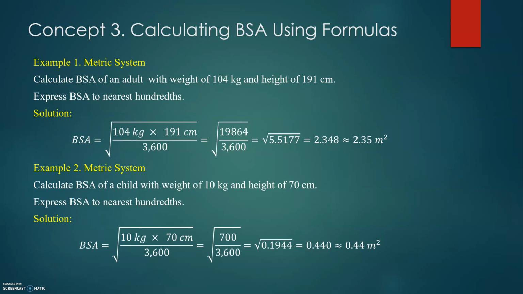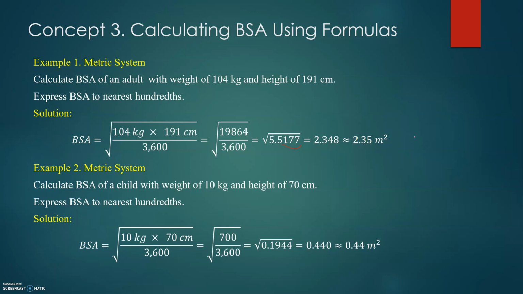Example. For the metric system, calculate BSA for the adult weighing 104 kg and height 191 centimeters. Express BSA to the nearest hundreds. So we will plug in the formula 104 kilograms times 191 centimeters divided by 3600 and extract the square root. Even if you need to round a little, make sure that you don't round to the 10th or hundreds. Try to cut your number, but keep decent number of decimal places. Let's say 4 places after the decimal point, and then extract the square root. So your answer for this one should be